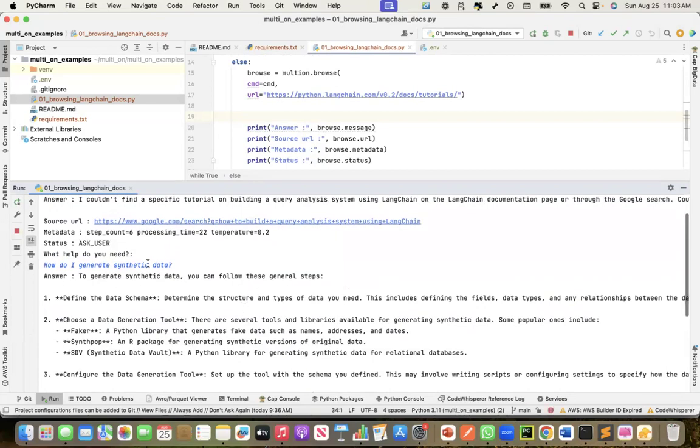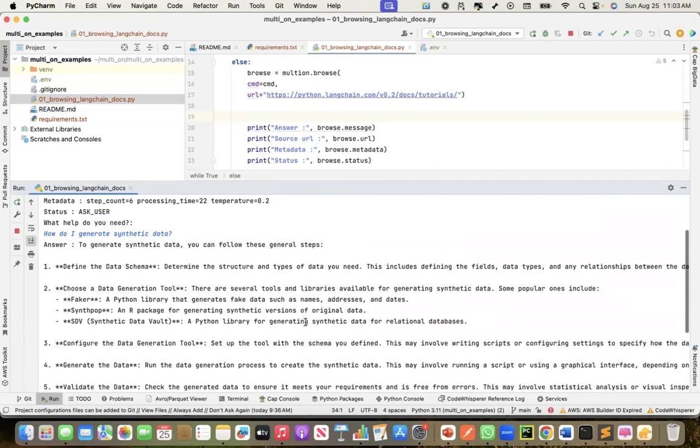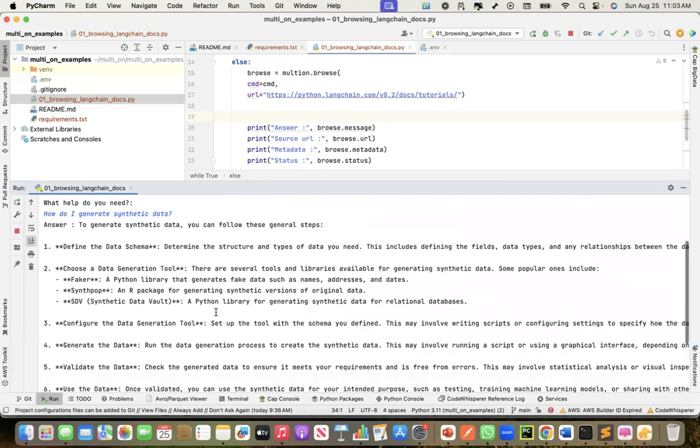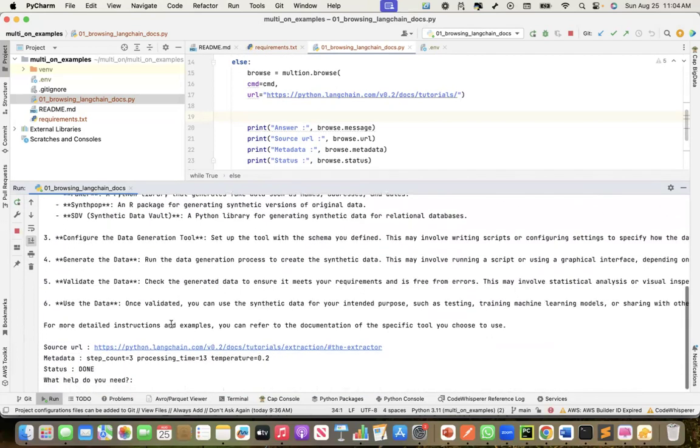So this was the question. The source is this, right? Let's see what it did. To generate synthetic data, you can follow these general steps: define the data schema, choose a data generation tool, configure the data generation tool. So if I click on this source URL,